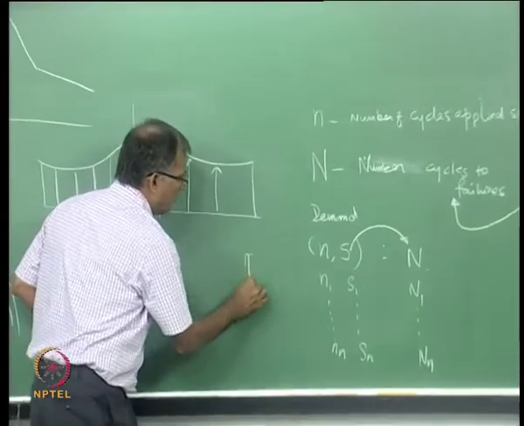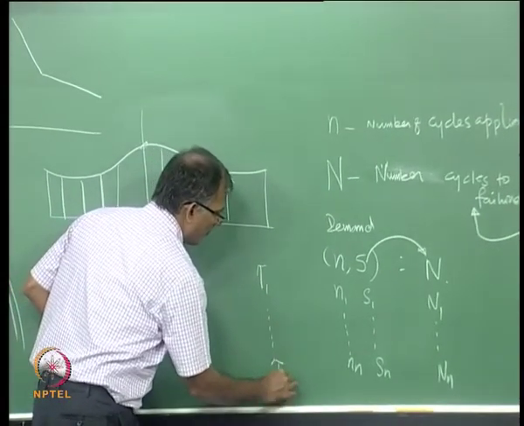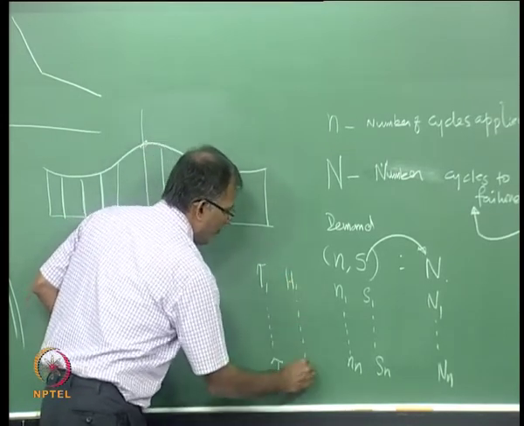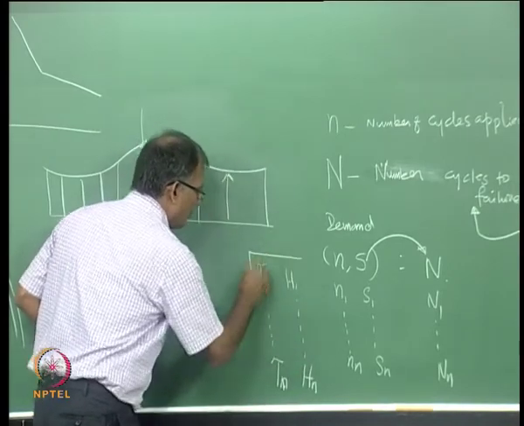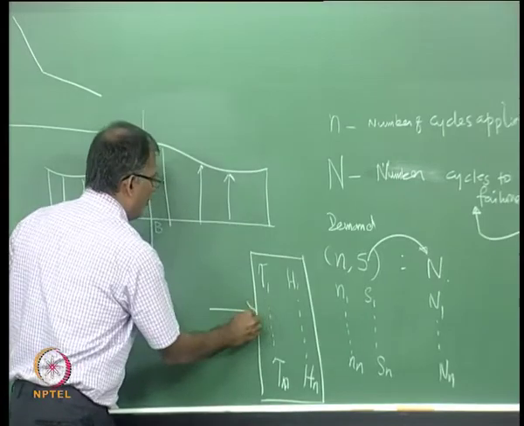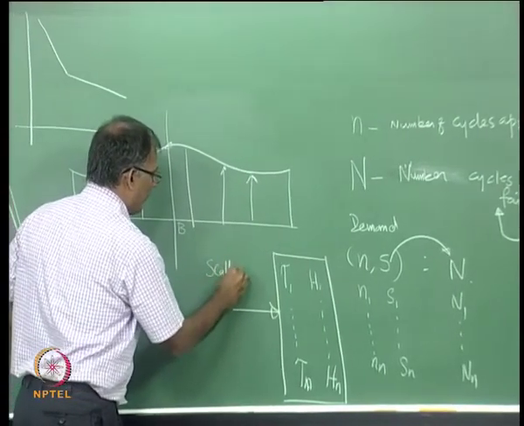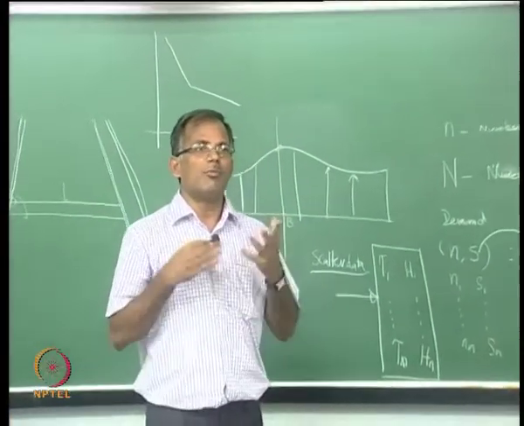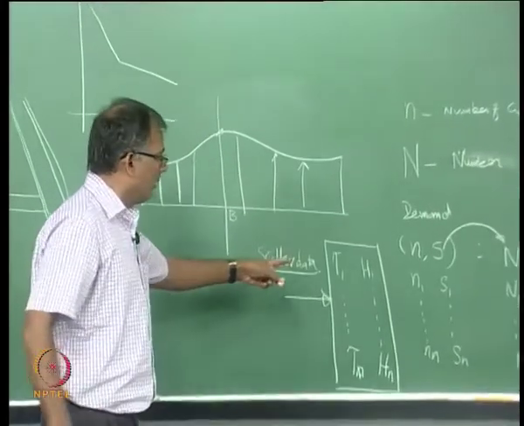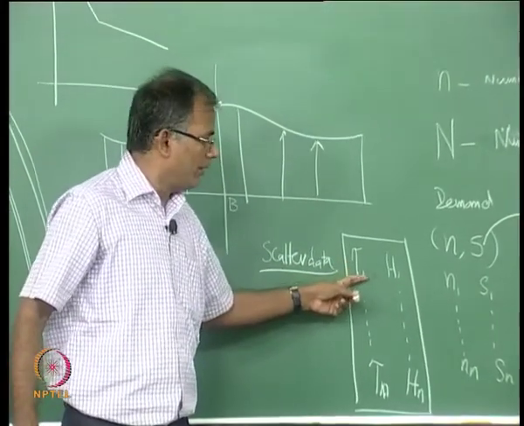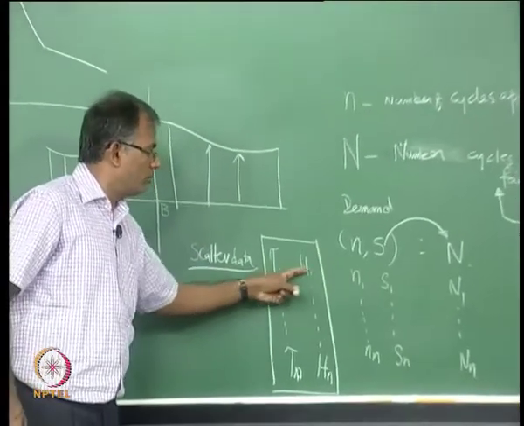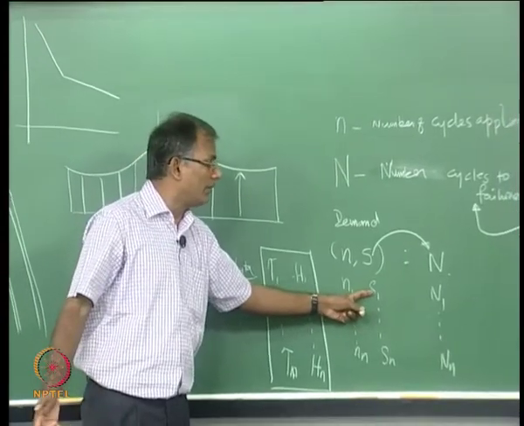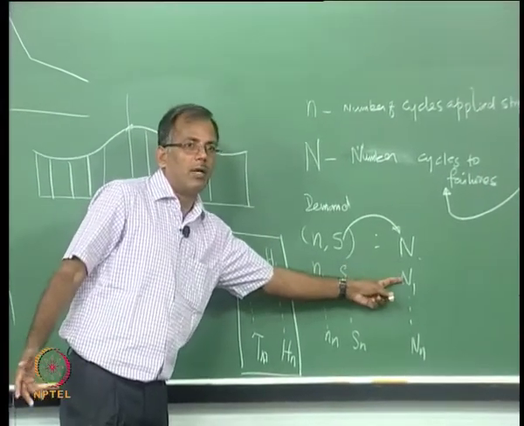So, basically T1, and correspondingly you will have this defined sea state, which you have from your scatter data, measured or simulated, or somehow you have got the data from the site: each wave height, wave period, corresponding number of cycles. From these 2-3 values you have calculated the S value, because you have done the analysis and you have calculated the SCF. After that you have gone to number of cycles to failure.